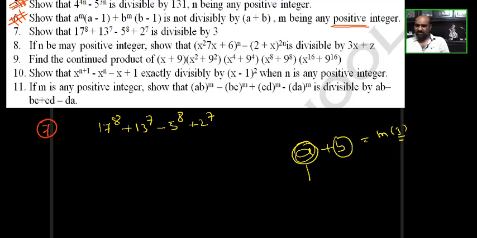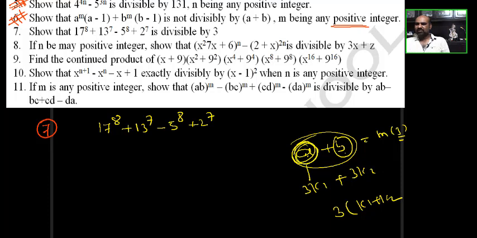For example, a is 3k1 and b is 3k2. From their addition I can take 3 common, k1 plus k2 only. What is the meaning of that? If a is a multiple of 3 and b is a multiple of 3, the total number is a multiple of 3. But the converse is not true. If the summation is a multiple of 3, we can't say that this is a multiple of 3 and this is a multiple of 3. That is not correct. Means if this is a multiple of 3 and this is a multiple of 3, their addition is a multiple of 3. Okay, that is true. But its converse is not true.